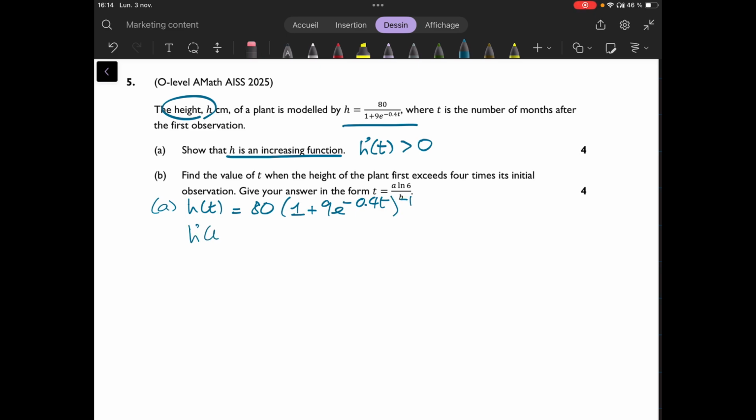Differentiate h. We will get minus 80 times this guy times the derivative of this. And you will end up with